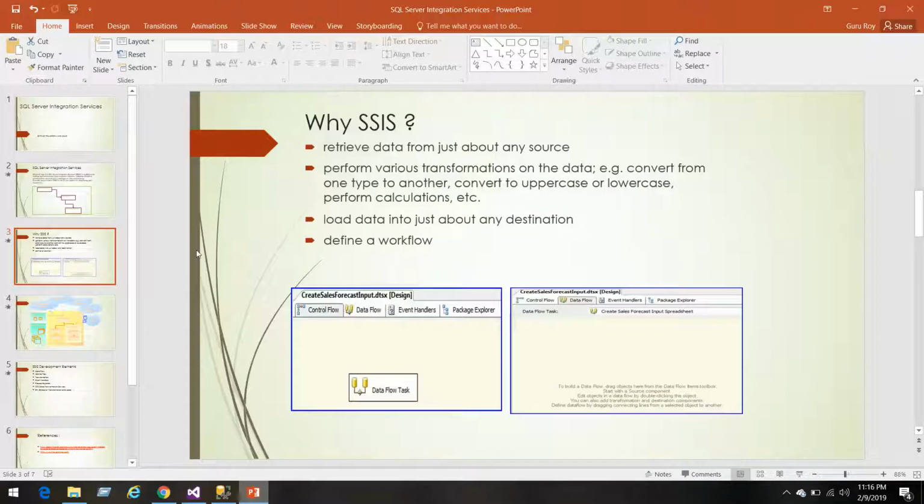Why do we need SSIS? Retrieve data from just about any source. So your source is a flat file or an Oracle database or sometimes an ERP solution. You can pull the data from that, can load the data into any destination, and then you can do any kind of transformation, whether it is changing cases, doing lookups, or joining data,